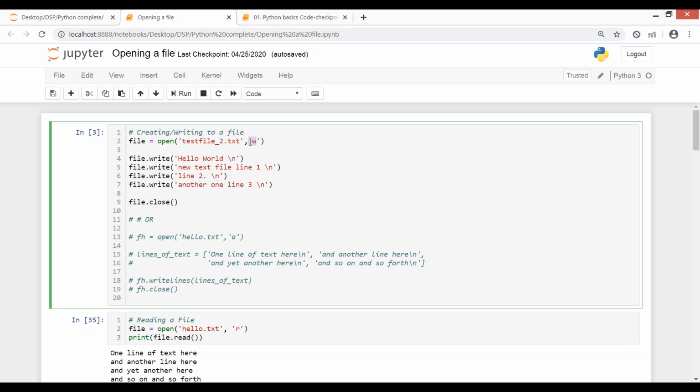Okay, so you have to specify the intention: if you want to create a file, what is your intention? You want to write it, you want to read it, you want to append it. Right now we are just doing write here, so you have to give the file name with extension, and what you want to write in it. You have to use these commands, file dot write, because what is file referring to? File is referring to this file name where we said that we want to write something, then dot write, and then you have to close.